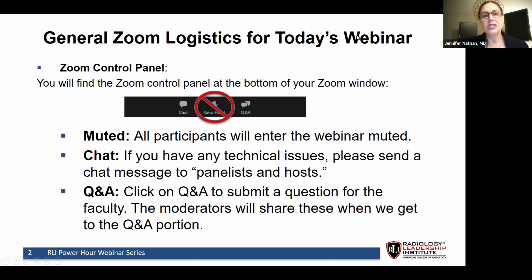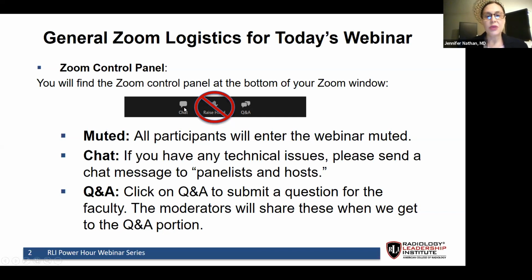Before we get started, there are just a few logistic items we wanted to go through with you so that you can better participate in this evening's event. When you join this evening, you join through the Zoom platform. At the very bottom of your Zoom window is the Zoom control panel, and we have an image of it here, this black box. There are two icons on this black box that we want to draw your attention to. The first one is the chat icon, which I'm circling here with my cursor.